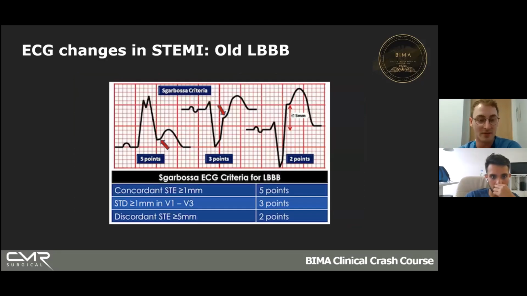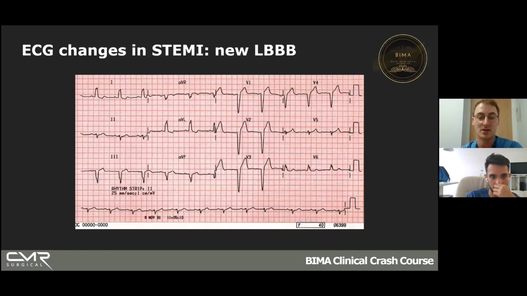If you have new ST elevation when the QRS is also going up, that's bad news. Number two is when you get ST depression in V1 to V3. So let's go back to this ECG here. You can see in V1 to V3, you have ST elevation. This is normal in left bundle branch block. You can't comment on that. What would be worrying is if your ST segments in V1 to V3 were newly depressed. That would mean that there might be another infarct happening and would raise your suspicions of an MI.